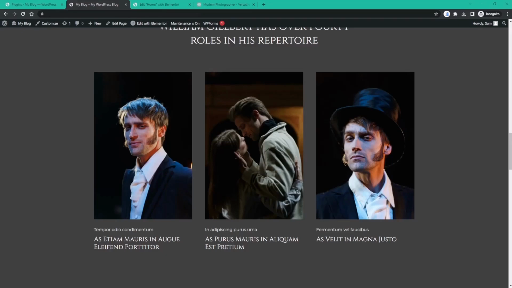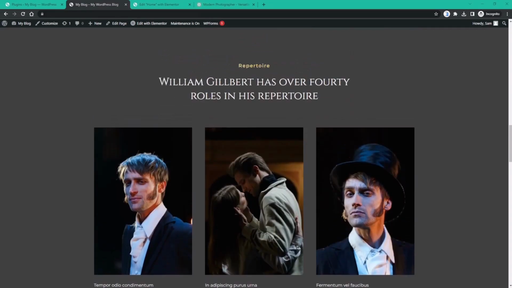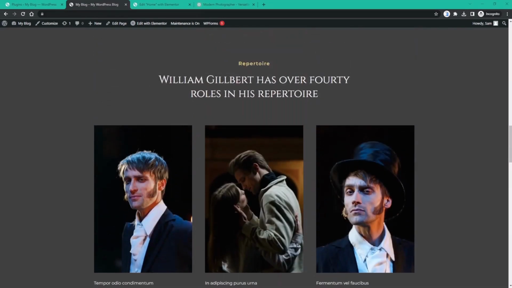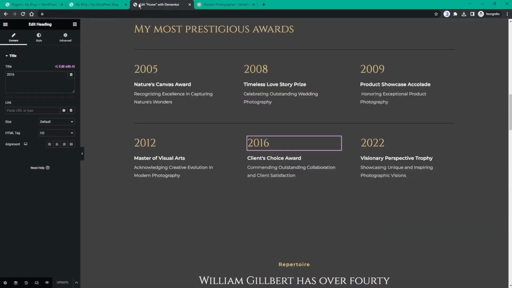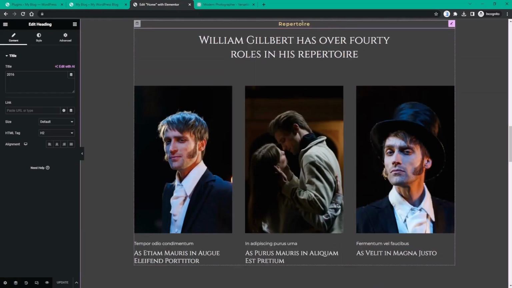Now we're going to go ahead and start editing the rest of the home page. So we have a section here that we're going to work on. And for that, once again, I'm going to go back to Elementor and scroll down to this section over here. Instead of repertoire, I'm going to click over here and edit the title on the left-hand side. I'm going to say my types of work,